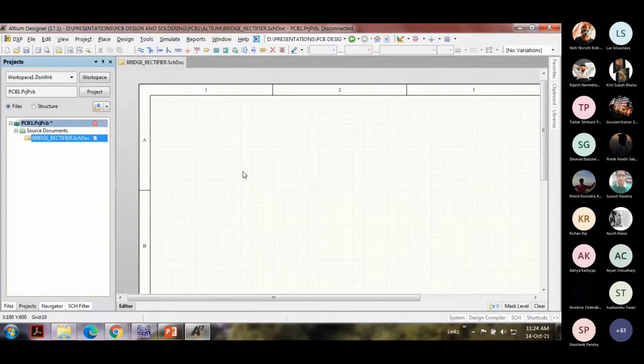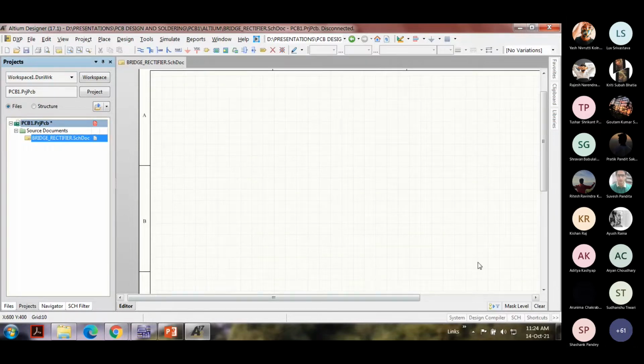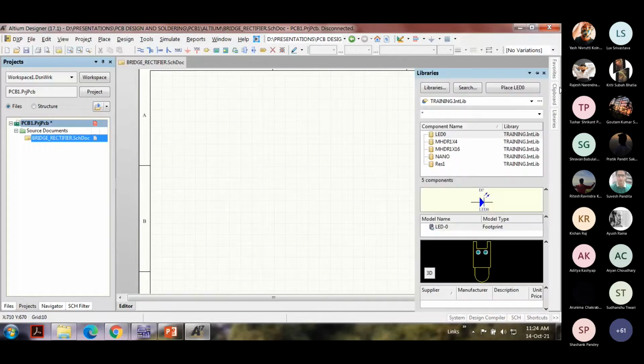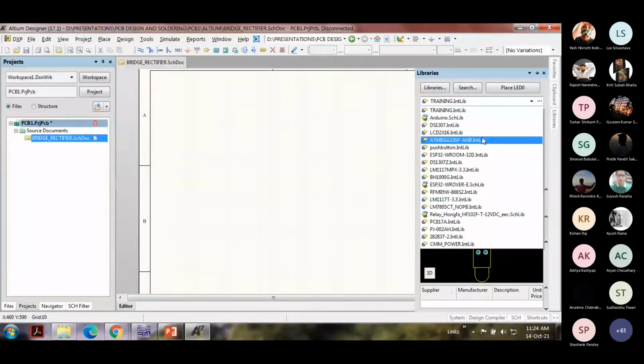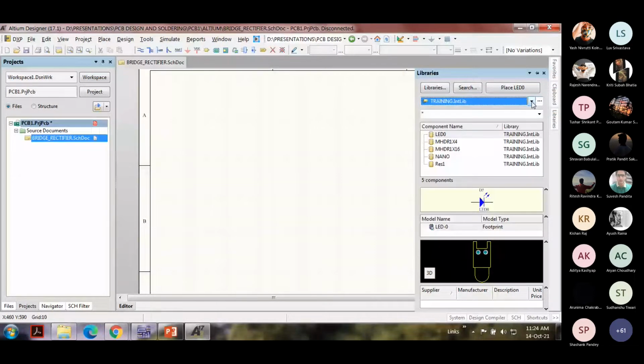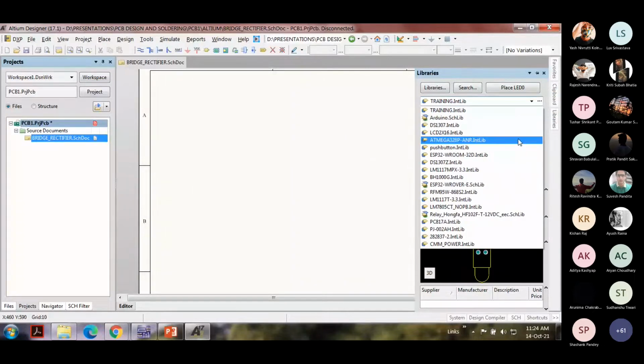On the right hand side, you will see a couple of things on this tab. If you simply hover your mouse over there, libraries specifically. The libraries will have the basic library. Now, since I've been using this software for a long time, I've collected quite a lot of libraries, but by default, you will get only two libraries with you. One is called the miscellaneous devices and the other one is the miscellaneous connectors. I may have removed those libraries.